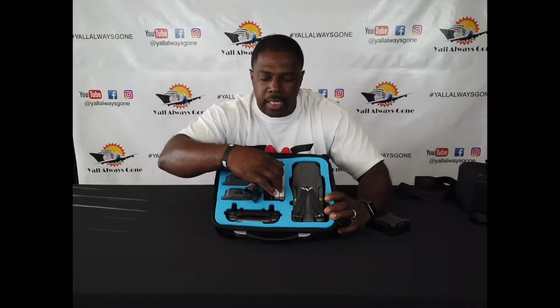So I actually thought that was a great idea once it was explained to me that way. So as you can see here, the case has enough room for a spot for basically everything. Controller down here with built-in joystick protection. The drone folds up right here. You got extra batteries, and in the pocket here, I keep my charging cable, and then I keep